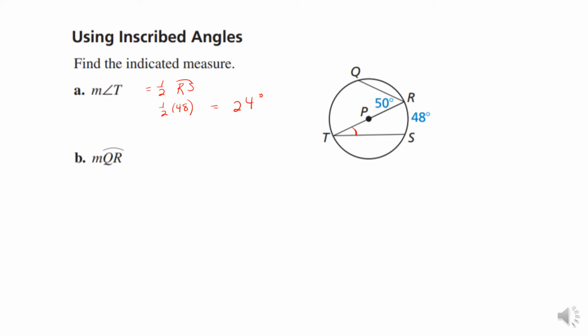Okay, the next one they're asking you to find is the measure of QR. That is this one. So we don't have an arc intercepting that. So we have to use something else. So the first thing I notice is that RT is a diameter. Okay, so as soon as I notice that, and I see that angle QRT is 50 degrees, and it intercepts arc QT, which is part of semicircle